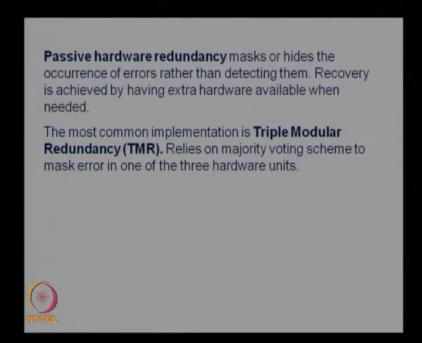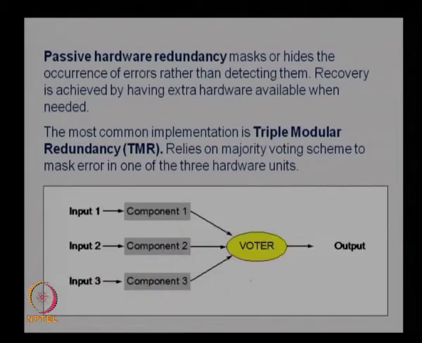The diagram for the triple modular redundancy is shown here. As you can see, there are three components, component 1, component 2 and component 3, and all are identical. They get the same input from the previous system or subsystem, process the input and produce an output. So, all three will provide identical output in the normal situation, and all the outputs will go to a voter. The voter will take the votes from these three and decide whether all three are equal, or two are equal, or they are totally different. So, based on this voting scheme, an output will be generated.